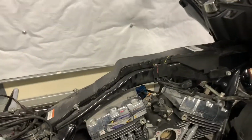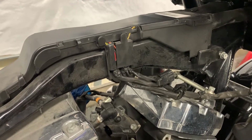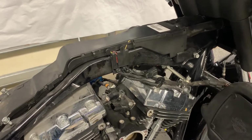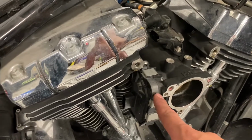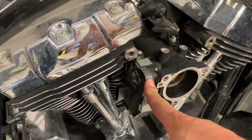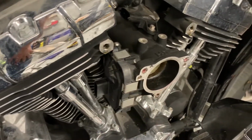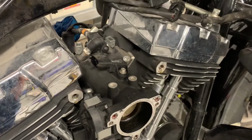So you can also see I've got all of the electrical connectors taken off. There's a couple of connectors for the oxygen sensors, which I'm going to plan to reuse, and then connections for the throttle body assembly, which includes the throttle butterfly valve. Remember, this is an electronic throttle body, so this is all electronically controlled. I believe that's going to be your manifold pressure sensor. You got your two fuel injectors over there, and then on the other side you've got your cylinder head temperature